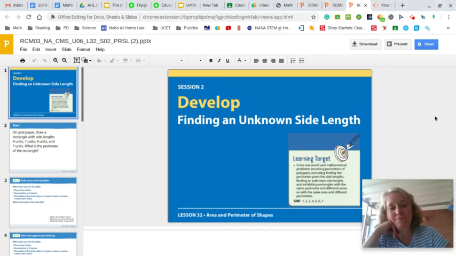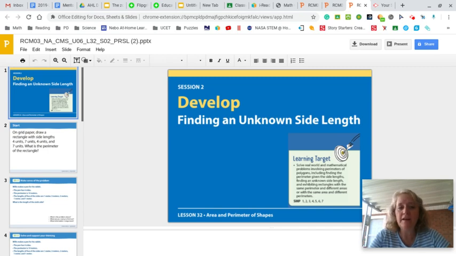Hi, third grade. I am excited to show you a little bit today about using your shapes that you've been learning about and about perimeter and area. So today we're going to combine the two concepts that we've learned about shapes and area and perimeter. So you've developed this week the knowledge of polygons and attributes of different shapes. You've learned about quadrilaterals. And so today we are going to do some real world problems using both shapes and